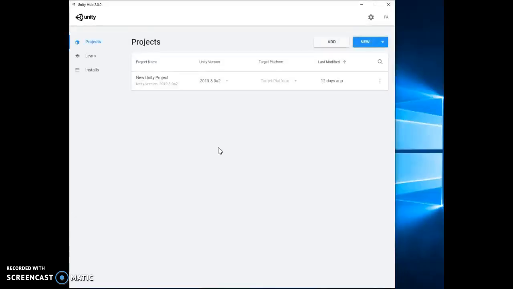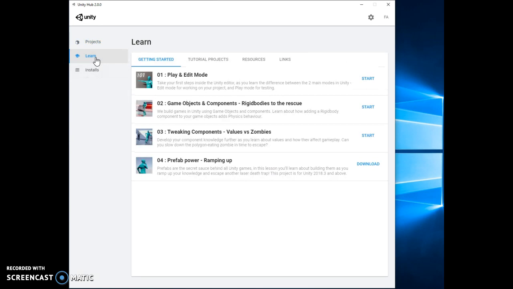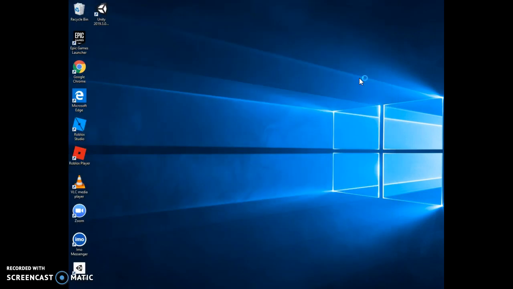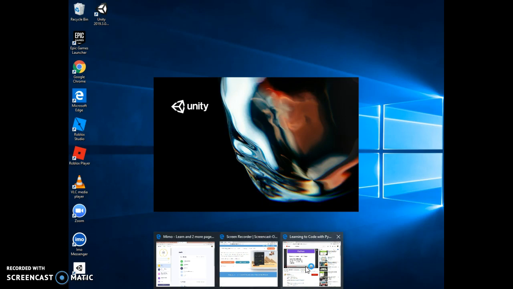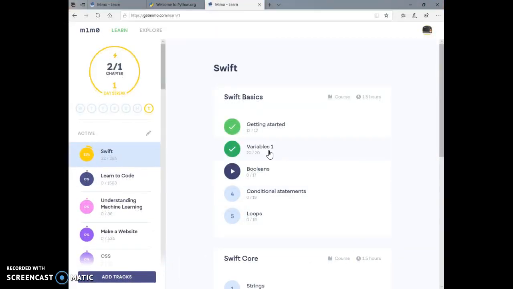So here is Unity. I'm on Windows, so every link will be for Mac, Windows, iOS, and I don't think you can get it on phone actually. And it's very good. Unity is one of the best. As I said, you might be familiar with it or not, but as I said, it's just very good. So yeah.